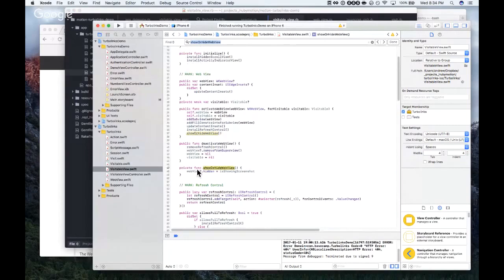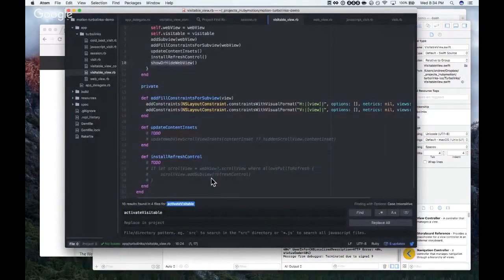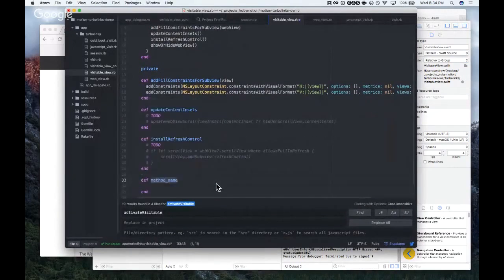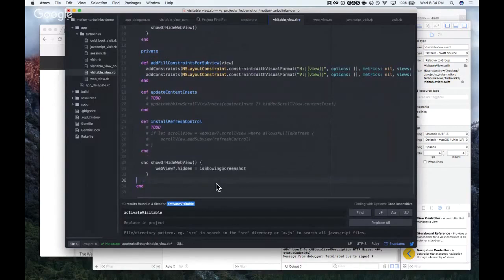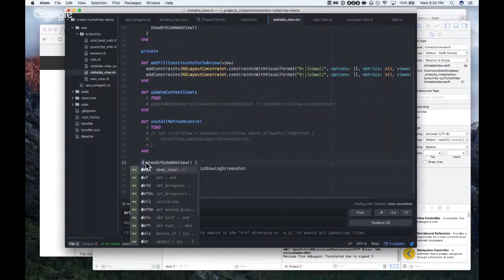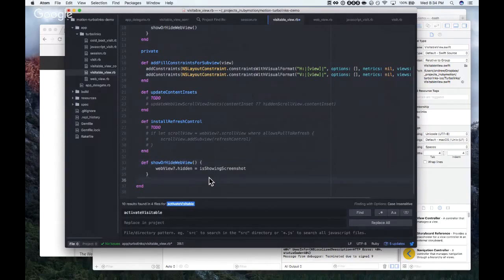Show or hide web view. Here's screenshot stuff again. Sorry?